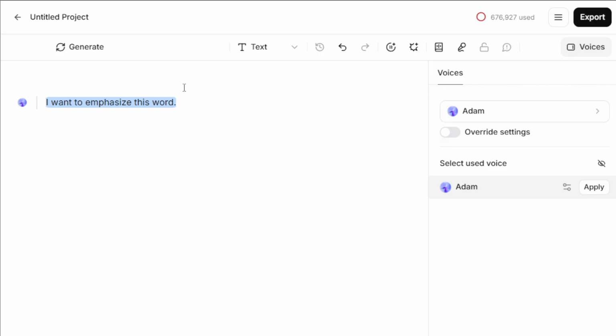To start off, the key to adding emphasis to any word within ElevenLabs is to use what's called an emphasis tag. This tag is simple but powerful. Imagine you're wrapping your word in special brackets that tell the system, "Hey, pay extra attention to this part." To do this, all you need to do is place the word you want to emphasize between the tags and,